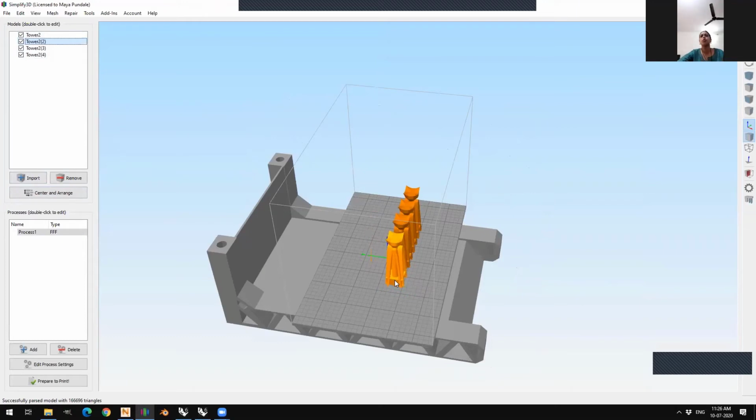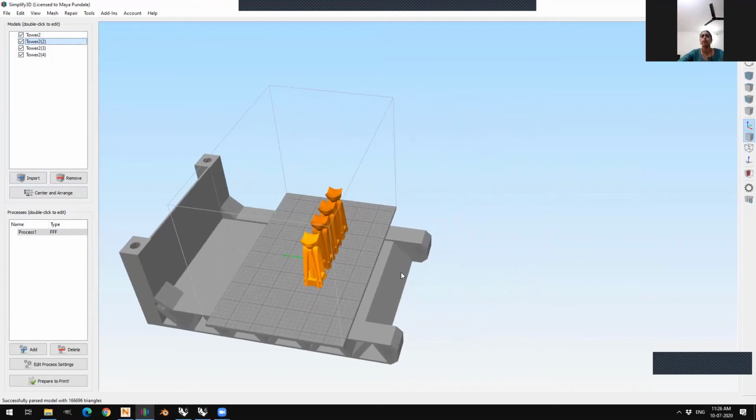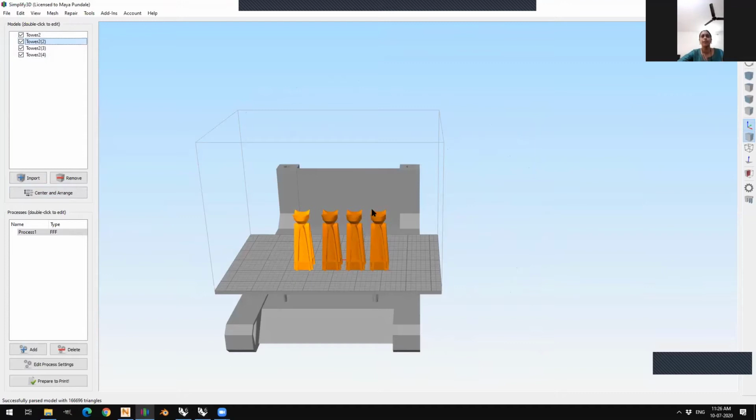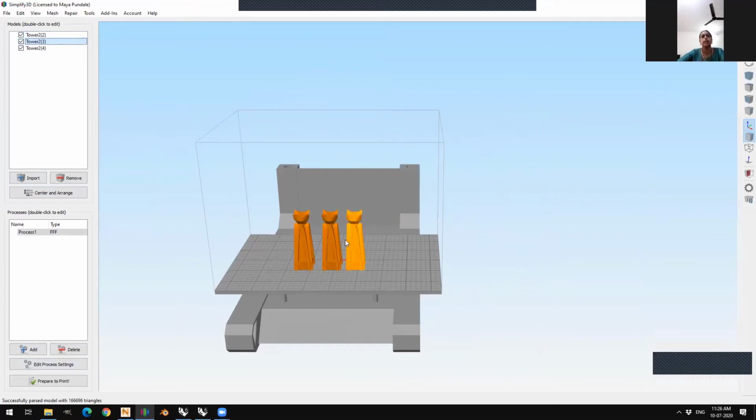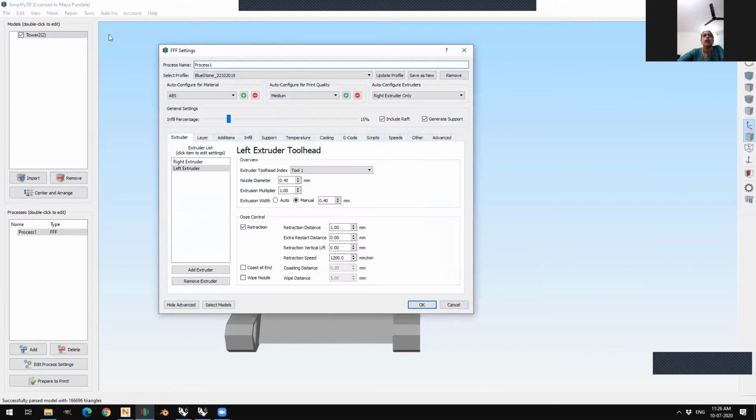So this software allows you to play with a lot of things in terms of positioning, sizing, scaling. More importantly, once you are set with all these things, you come to the main part.